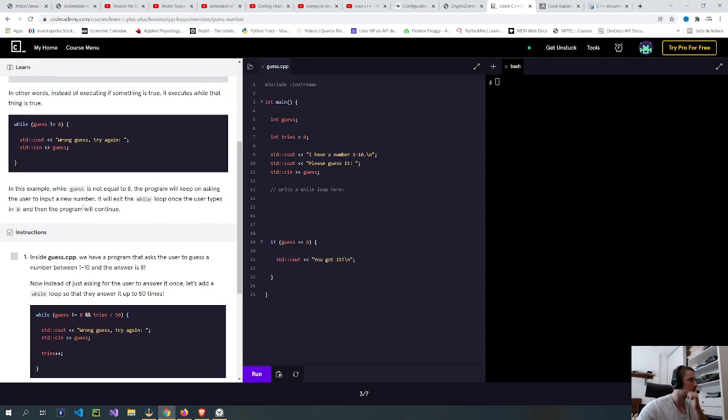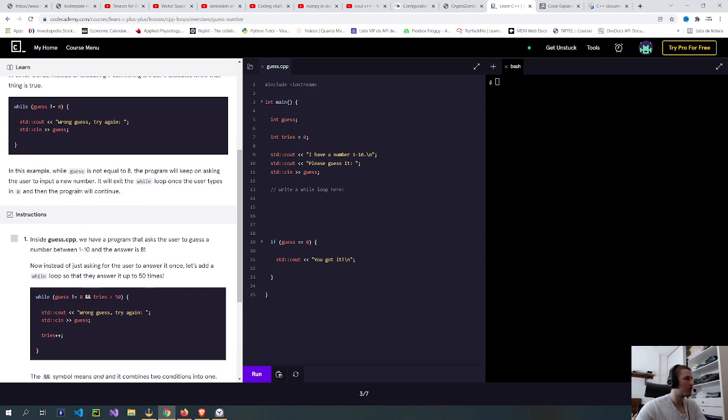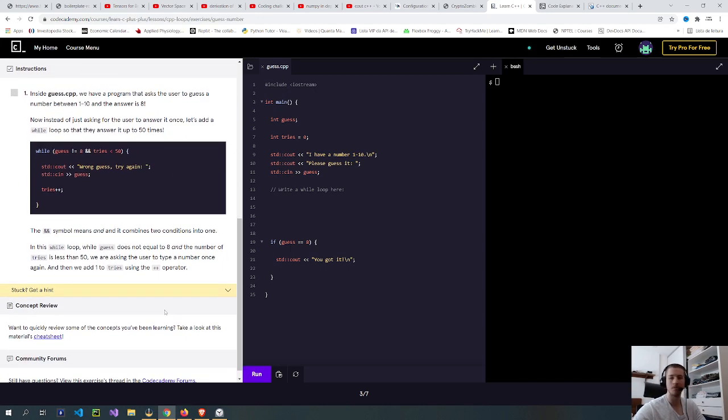So here, I'll guess different than 8. Inside guess.cpp, we have a program that asks the user to guess a number between 1 and 10, and the answer is 8. Now, instead of just asking for the user to answer it once, let's add a while loop so that they answer it up to 50 times.